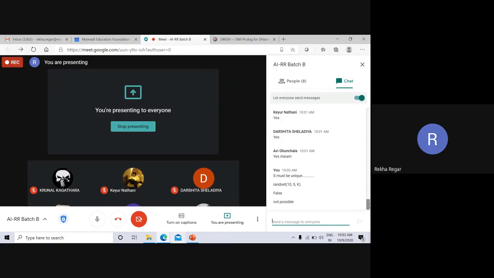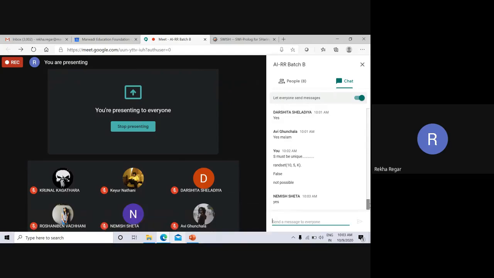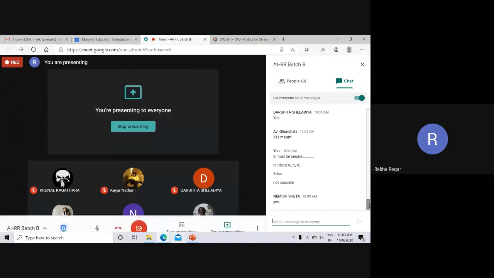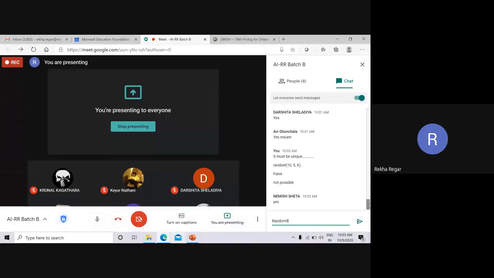So guys, are you getting the idea of this random set? This is some small concept that is in your practical list, that is, random set. Okay, so this is one of the practicals that is given in your practical list.